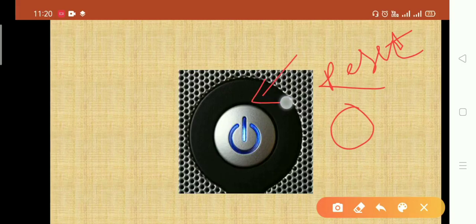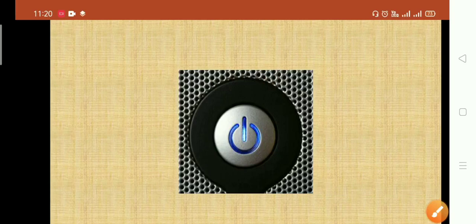The power button we use to turn the machine on or off, but the reset button we use to restart the machine. If you press the reset button or restart button, the machine will restart. Okay, it won't just turn off. First it will turn off automatically and then it will turn on automatically. This is the difference between our power button and reset button.